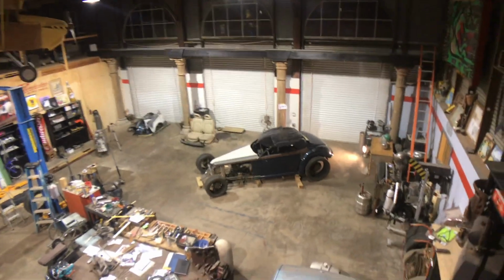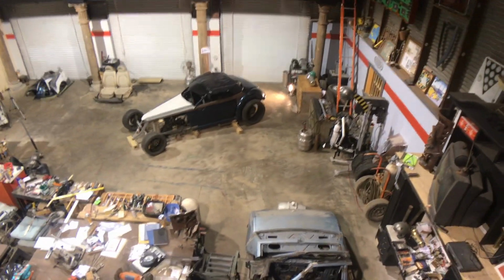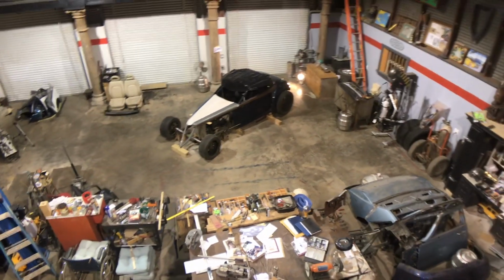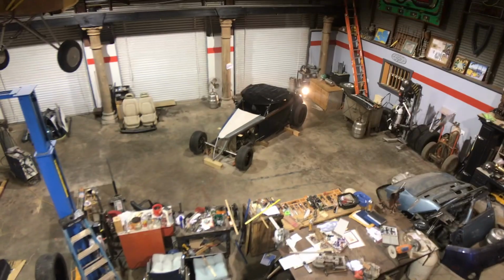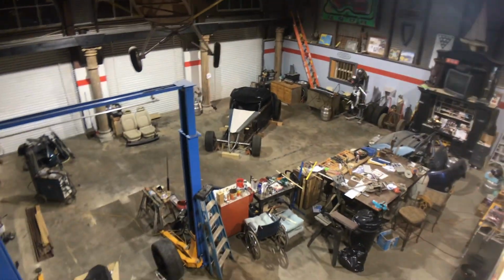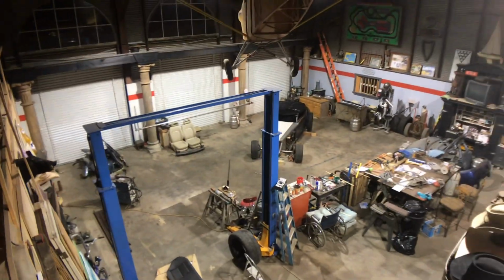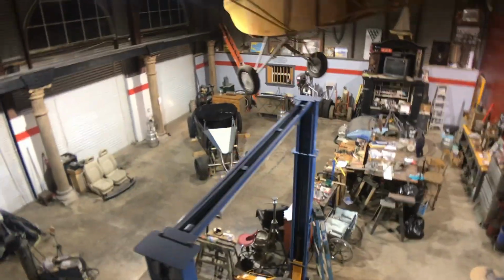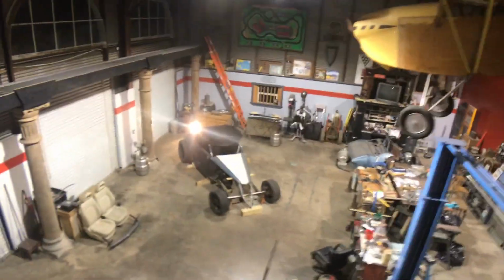Right out here. Uh-oh. They forgot to turn the lights on. Lights. Kind of a little junkyard build. Maybe a little different than other junkyard builds, but